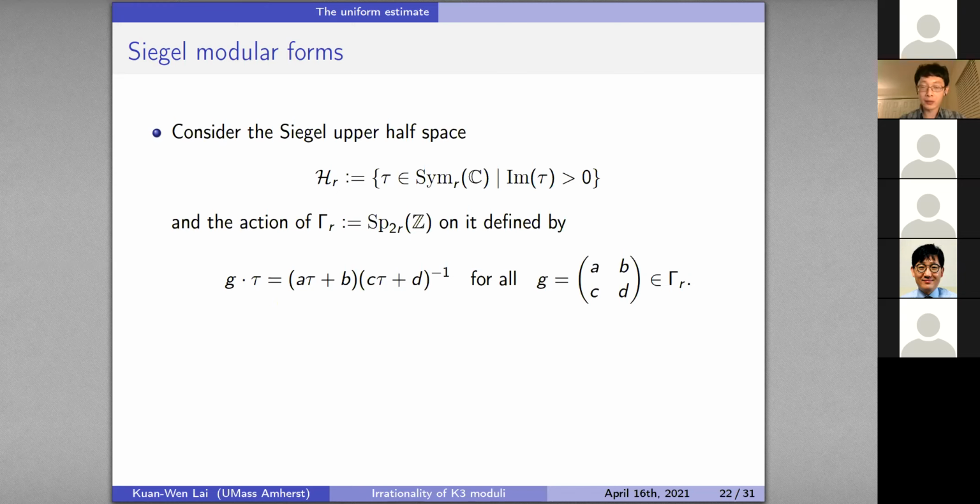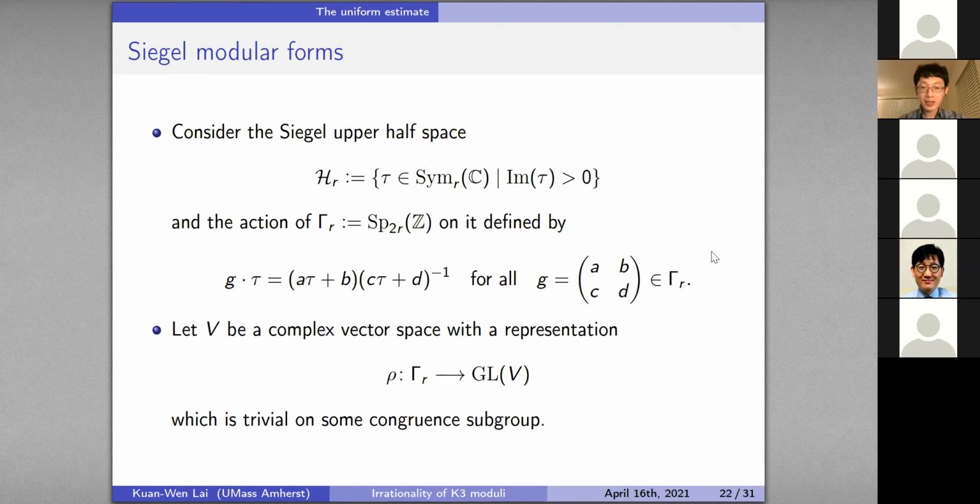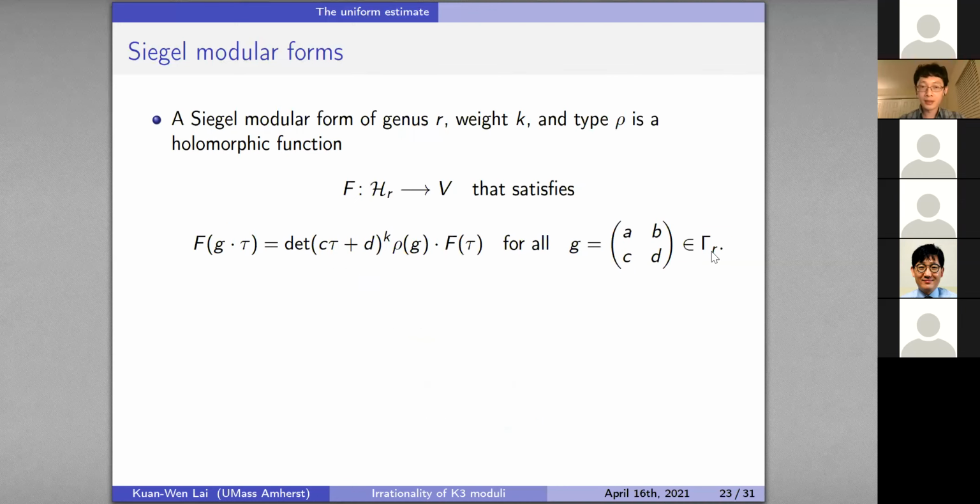The only thing you need to be careful about is that because we are working with matrices, we need to be careful about the order of the matrix products. Let V be a complex vector space, fix some representation rho of the group Gamma_n on V, and suppose it's trivial on some congruence subgroup. Then a Siegel modular form of genus R, weight k and type rho is a holomorphic vector-valued function on the Siegel upper half space that satisfies a transformation rule,